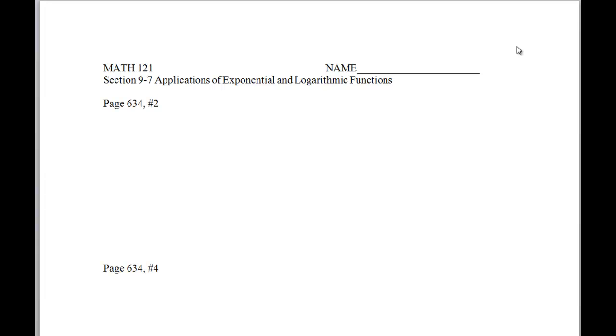This is Mr. Anderson for Kellogg Community College, looking at Section 7 of Chapter 9, Applications of Exponential and Logarithmic Functions. We're going to take a look today at doing some more difficult story problems, and I'm going to pick